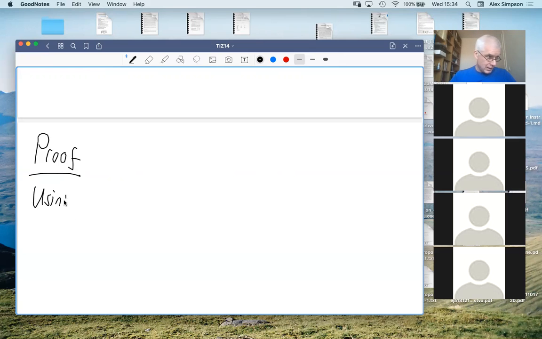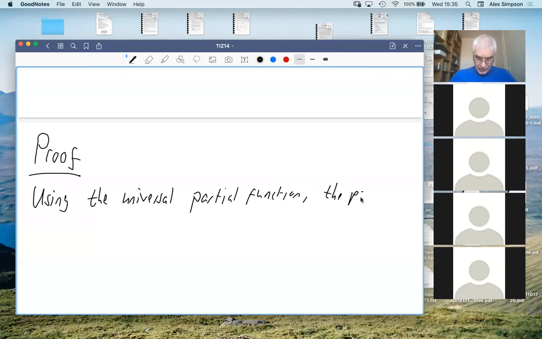So using the universal partial function, remember that's our psi function, the partial function below, and this is now where things get mystifying, because we have some quite clever definition of a